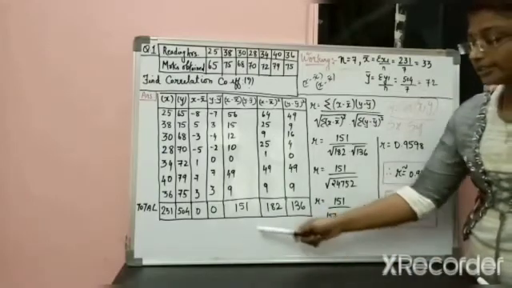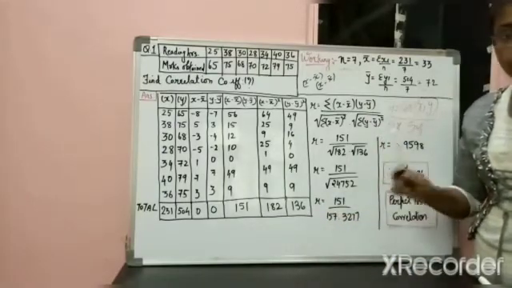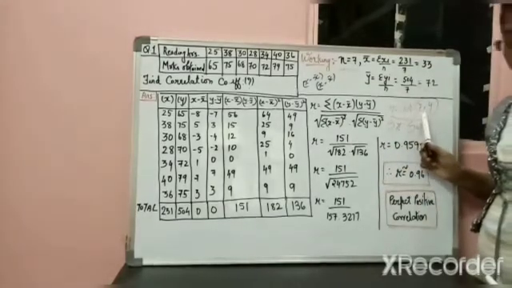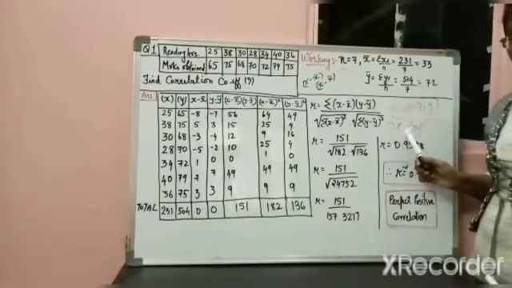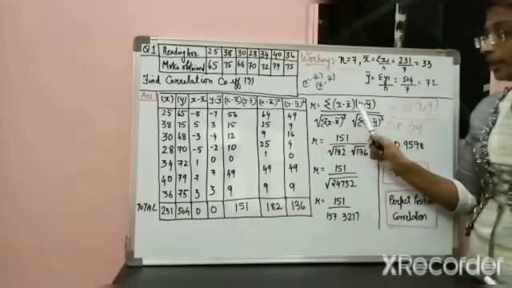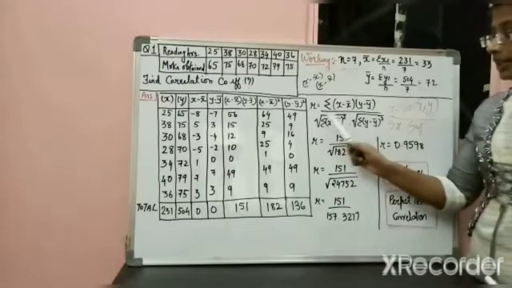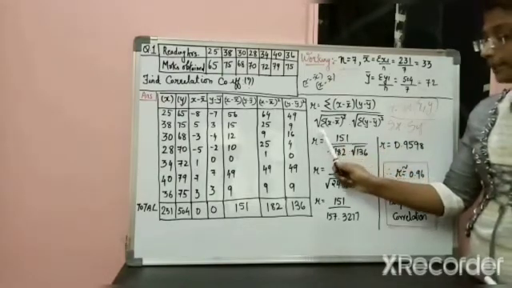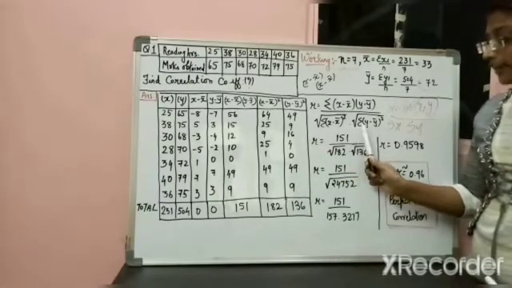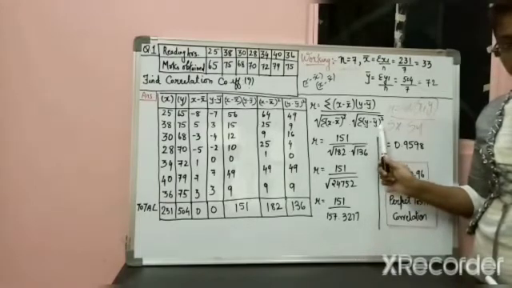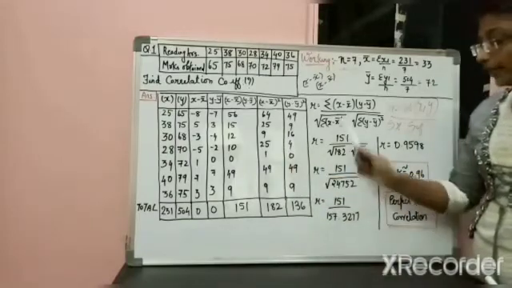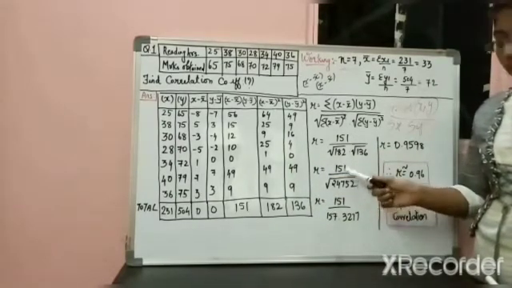Now you have to put this total in your formula. So let us move on to the formula. What is the formula? R is equal to covariance of x and y divided by Sx into Sy. The elaborated form is sigma (x minus x bar) into (y minus y bar) divided by square root of sigma (x minus x bar) the whole square multiplied by square root of sigma (y minus y bar) the whole square. So you are having the values for everything because we did it in this chart. So let us keep the values in this formula.